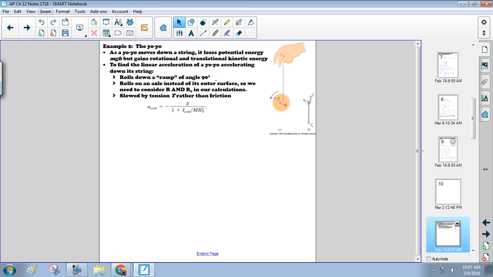So the idea is, as our yo-yo moves down, we're converting gravitational potential energy into both rotational kinetic energy and regular kinetic energy, yes? Good? Okay, so when you have the yo-yo at the top,